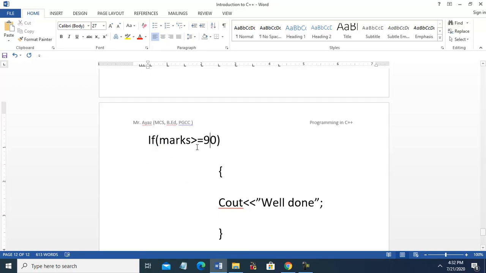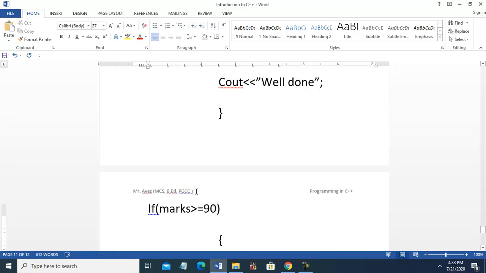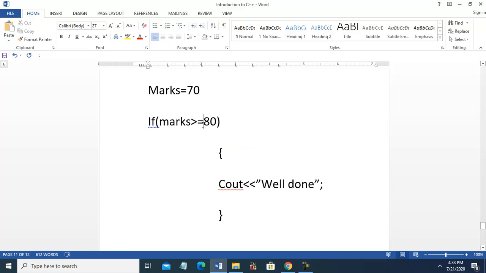If marks above 90, then cout, for example, excellent. And if marks are less than or equal to 80, this is 70, yes, now this will be executed.